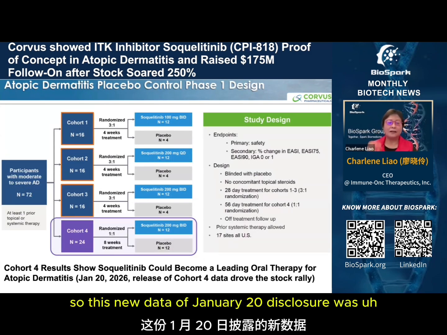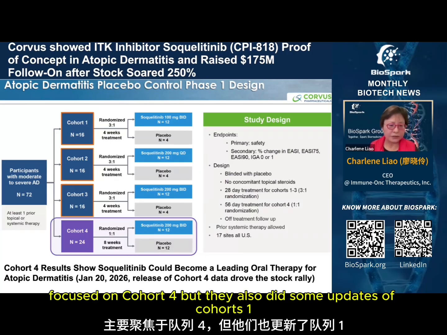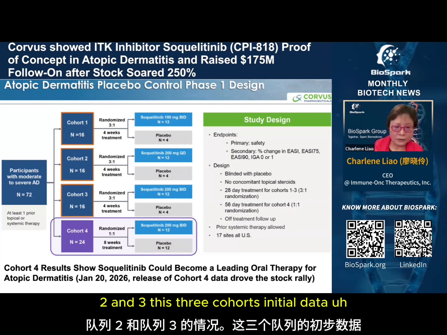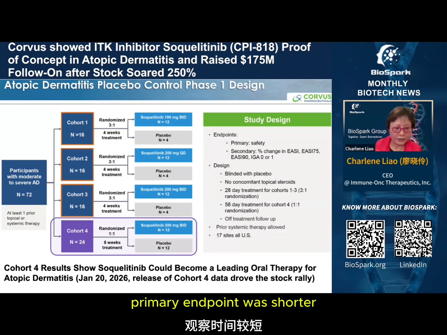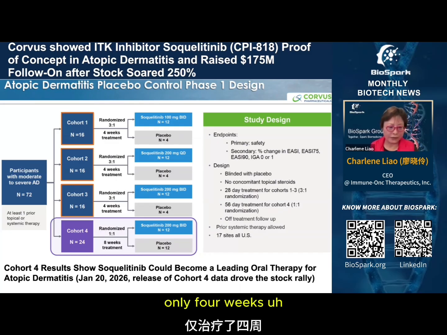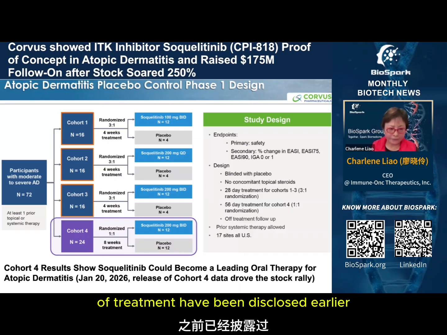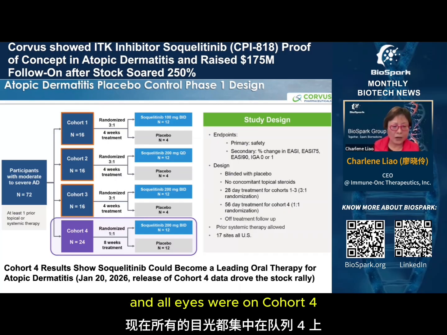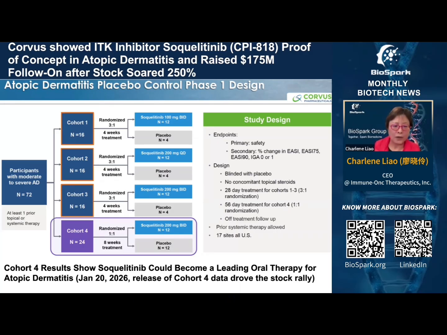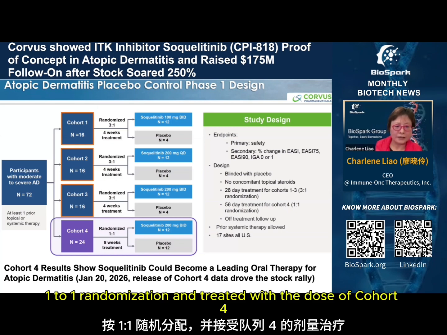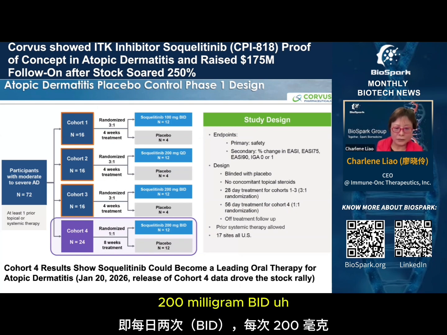So this new data disclosure of January 20 was focused on cohort 4, but they also did some update of cohorts 1, 2, and 3. These three cohorts' initial data, where the primary endpoint was shorter, only 4 weeks of treatment, have been disclosed earlier, and all eyes were on cohort 4, which enrolled an additional 24 patients, 1-to-1 randomization, and treated with the dose of cohort 3, 200 milligram